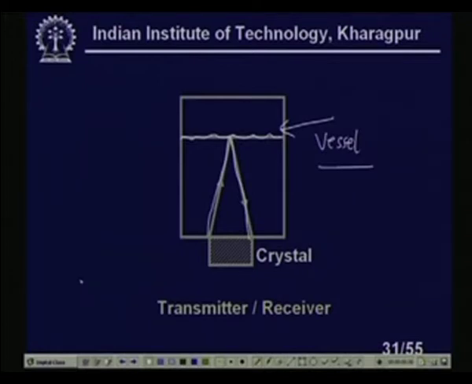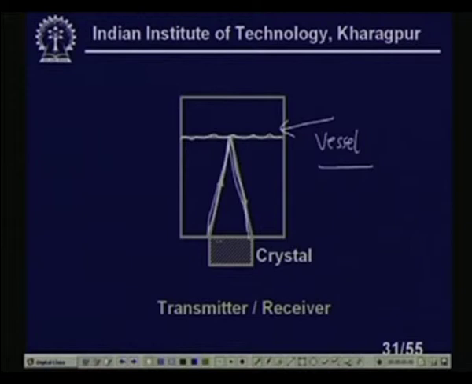As I told you, the pulse width will be sufficiently large, so that all the reflected waves will be collected here, okay, before I send the next pulse, right. So, this time will be measured, okay. So, what will the time be? As the level goes high, the ultrasonic waves will take more and more time to travel the distance, right,